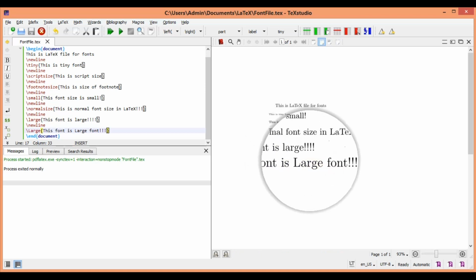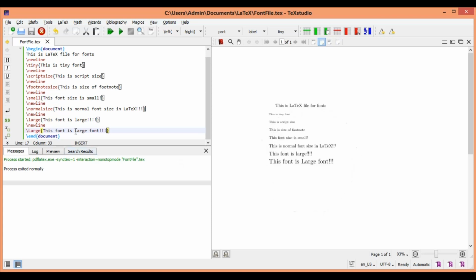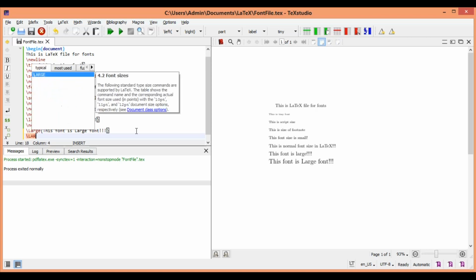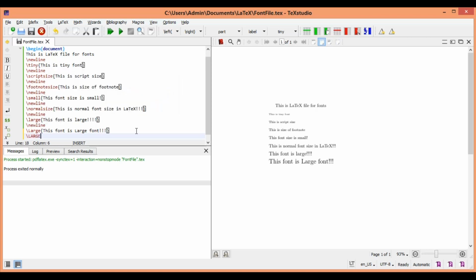So here, the first letter alone is capital, all the other letters are small. That's what we saw. So this is also slightly bigger. There is something called LARGE, in the sense all the letters are capital. There is a font like that too, which is slightly again going to be bigger than this.